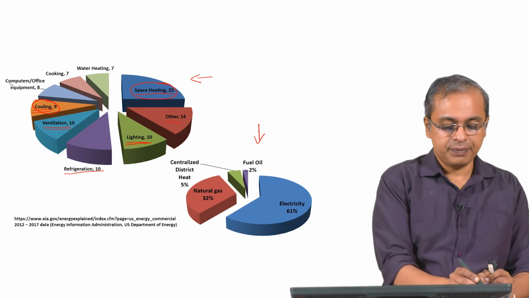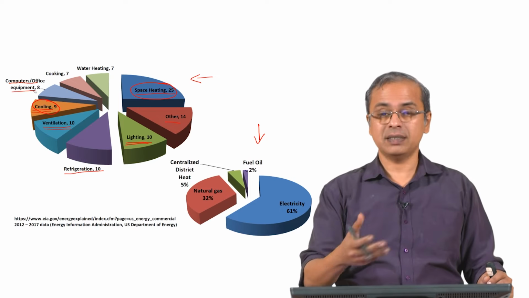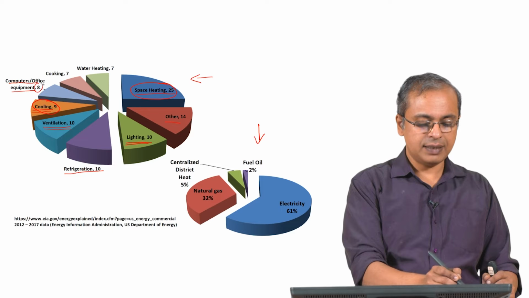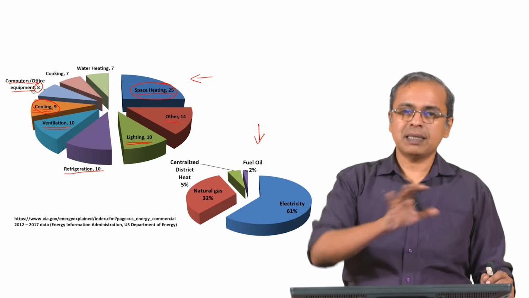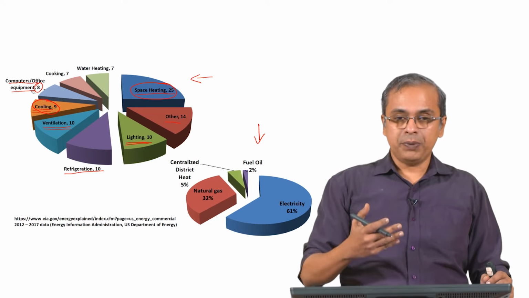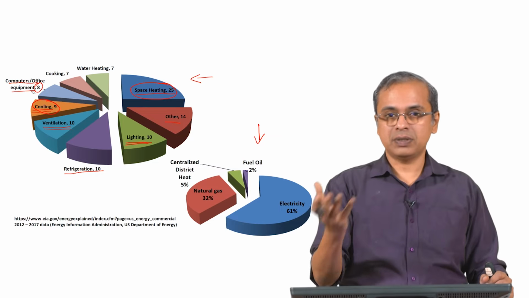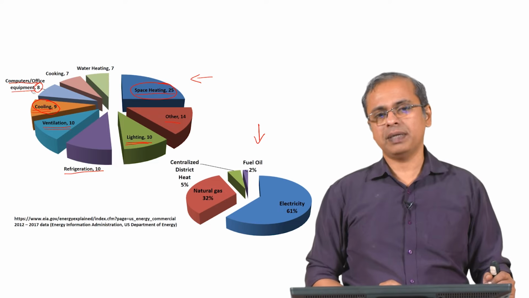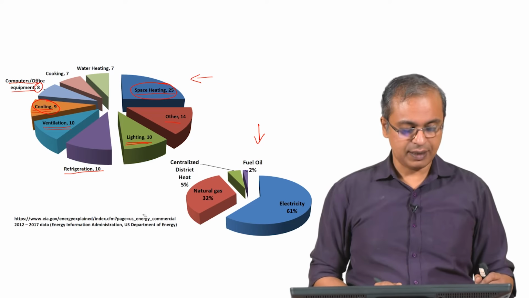Computers and office equipment, a lot of you have computers, you have printers, fax machines, telephones, all of these are consuming power. That is only about 8% of the energy that is being consumed. And you should also keep in mind that all these things are becoming more efficient with time. Computers 10 years ago were extremely inefficient with respect to energy, because they were using CRT tubes. Now it is all LED displays, and they are all extremely energy efficient. So, relatively speaking, they are vastly more energy efficient.